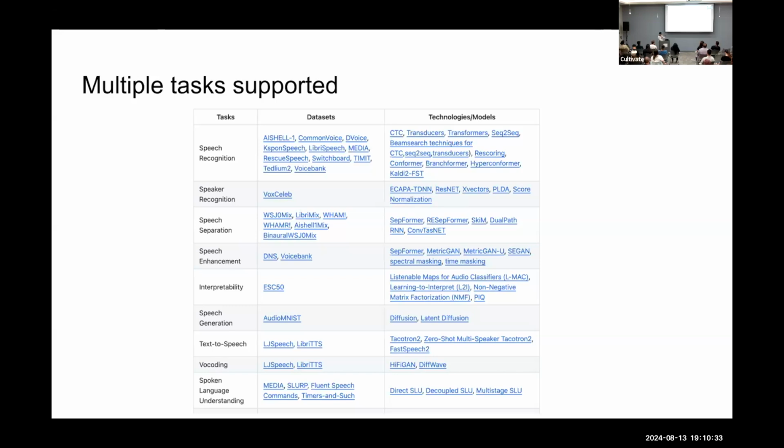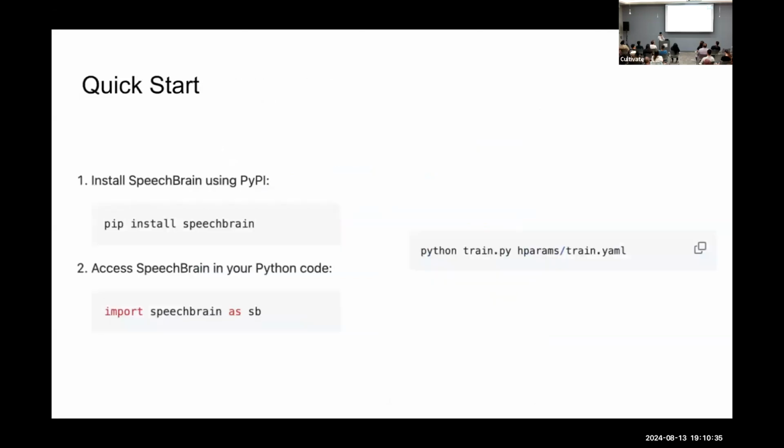And there are a lot of other models you can find there. As I said, it's quite simple. You just pip install SpeechBrain, run the train script, and pass the YAML file. The YAML file is just a configuration file of whatever model you want to use. It's as simple as that.